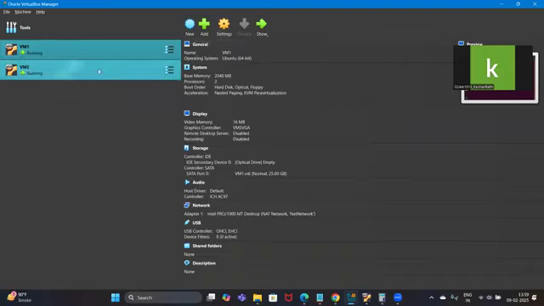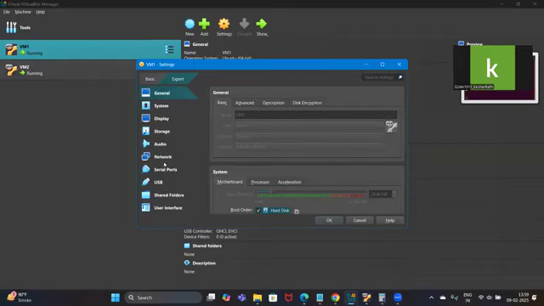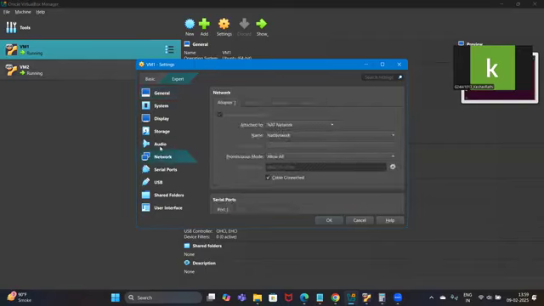Regarding the network, the second step is to configure our network so that our virtual machines can talk to each other. For that, we will select VM1 and go to settings. Under settings, we will go into network options. In adapter 1, we will select NAT network. In the same way,